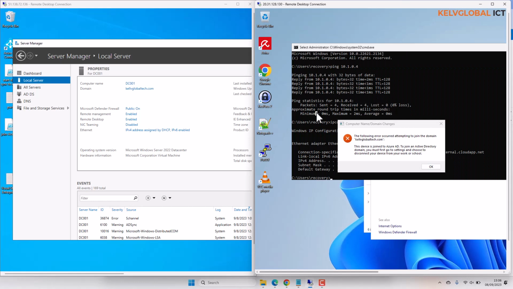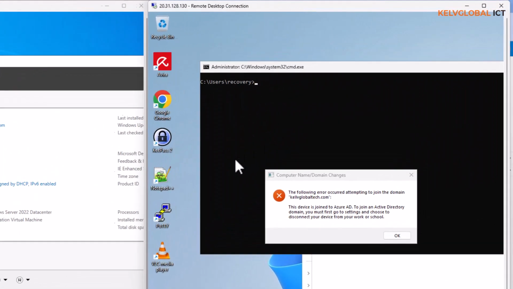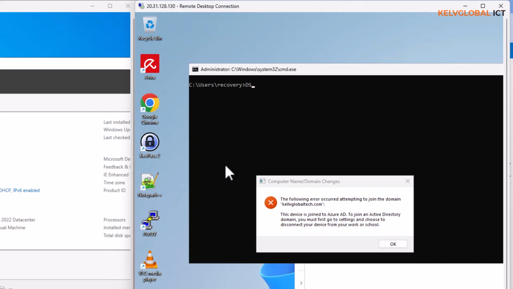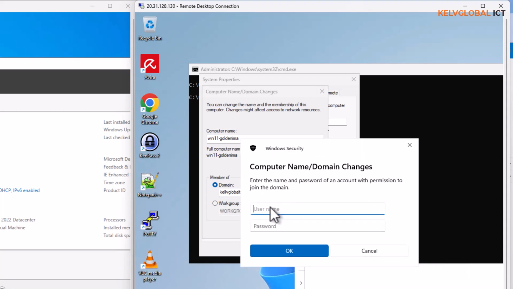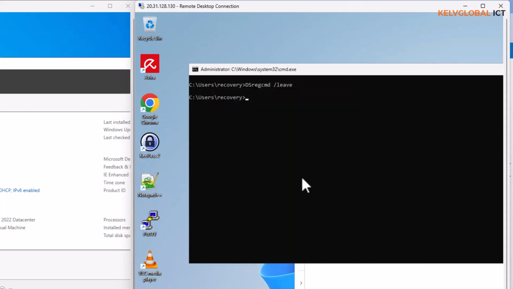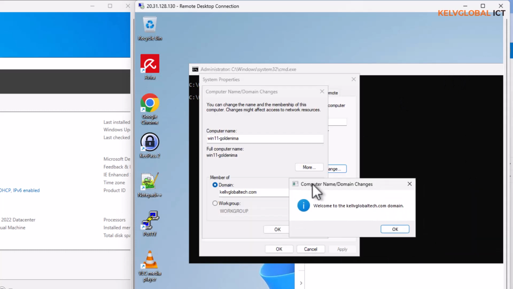So what I need to do is the following. I think I didn't do that before I joined this device. I'll need to do dsregcmd and then do a leave. By doing that, okay, I think we should be able to join now. Let's try and see, and then we enter again our domain name, and the password, here we go, and you can see it now says welcome to the